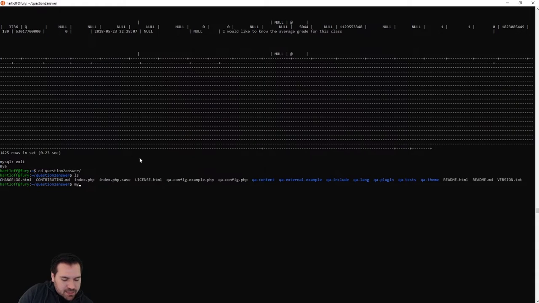Anyway, this uses a MySQL database. So I'm going to just go into my command history here. I'm going to go into the MySQL command line and take a look at some of the data that's in here. And this may seem like a tangent, but